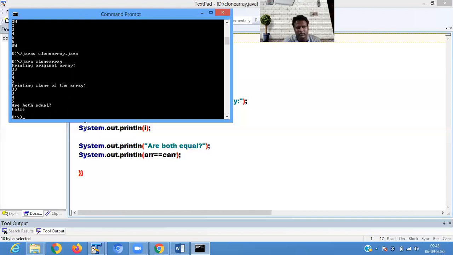It prints 3, 3, 4 and 5, the clone of the array, but both arrays are not equal because their positions are different. The memory allocated to the two arrays is different. In detail, the equal operator and equals method have a chapter of their own. You can understand briefly on that chapter why it is not showing you equal.